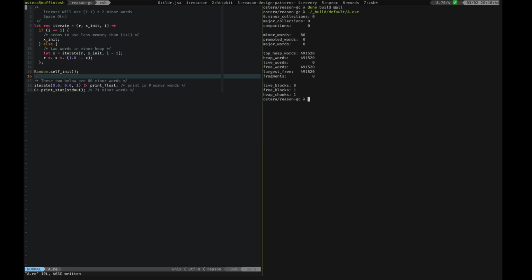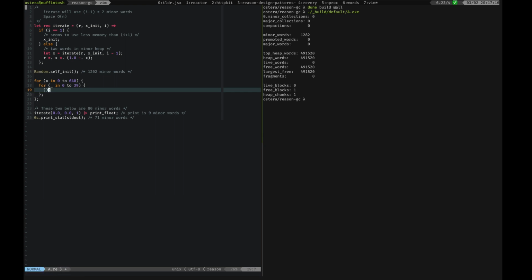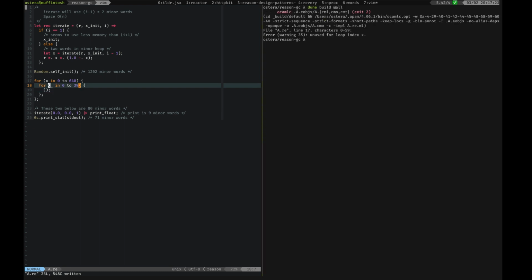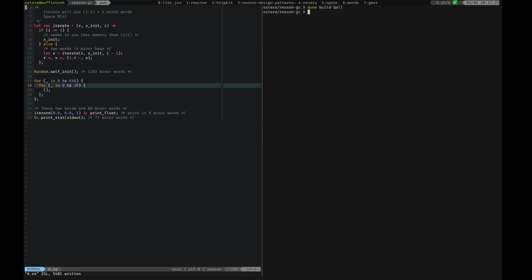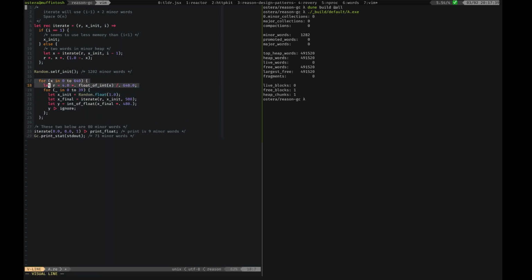So now we can take a look at how much random self-init costs. Whoa! Well, compared to the other things, this is 1202. And I would expect these two things over here, if we put them like that, to not actually allocate anything. Yeah, there I would expect them to not allocate anything. Yeah, good. Which means if I put an X there, and okay, if we go back a little bit, then I expect this thing